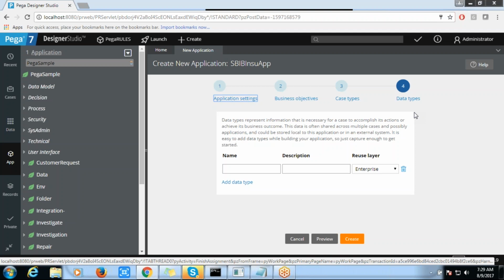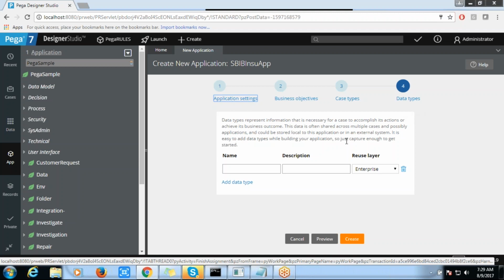So customer info is one of the data types. Another one is address info. Again, address is common across all. So you want to share the address data with other applications if required. So we are going to share that information. Whenever you are going to share the data across applications, often, then we are going to specify that within this data type.